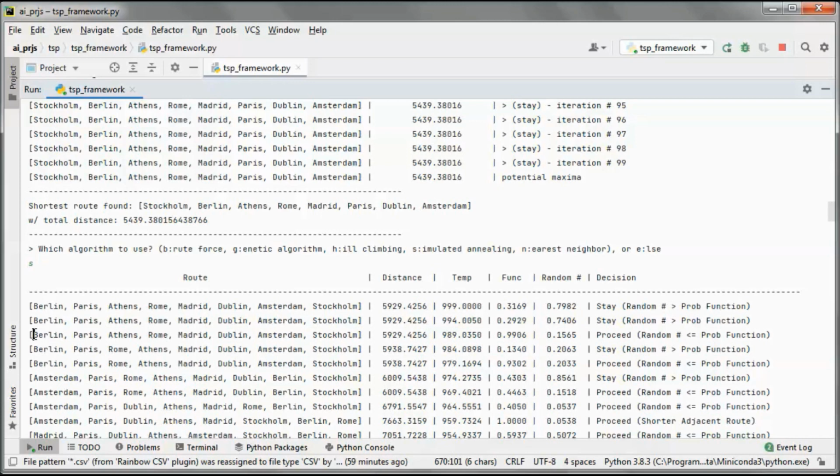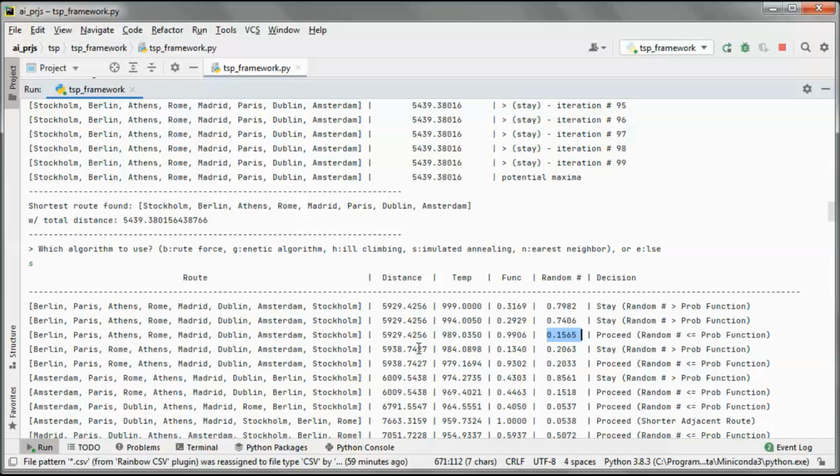So now we are here, and same thing, we take a look at the adjacent route, and it has a bigger distance. So we check those two, the random number and the probability function, and the random number is smaller or equal to the probability function.